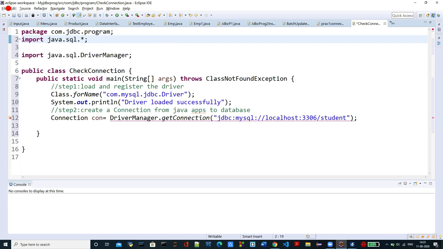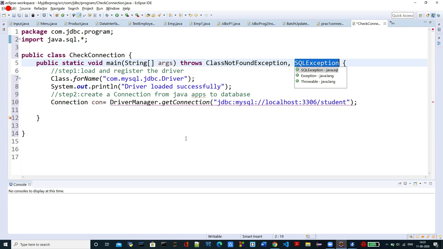I will import all the classes present in java.sql, and then this will throw an exception. I will add a throws declaration. So this is throwing an SQLException. By this we'll get to know that my Java application has been connected to the student database.